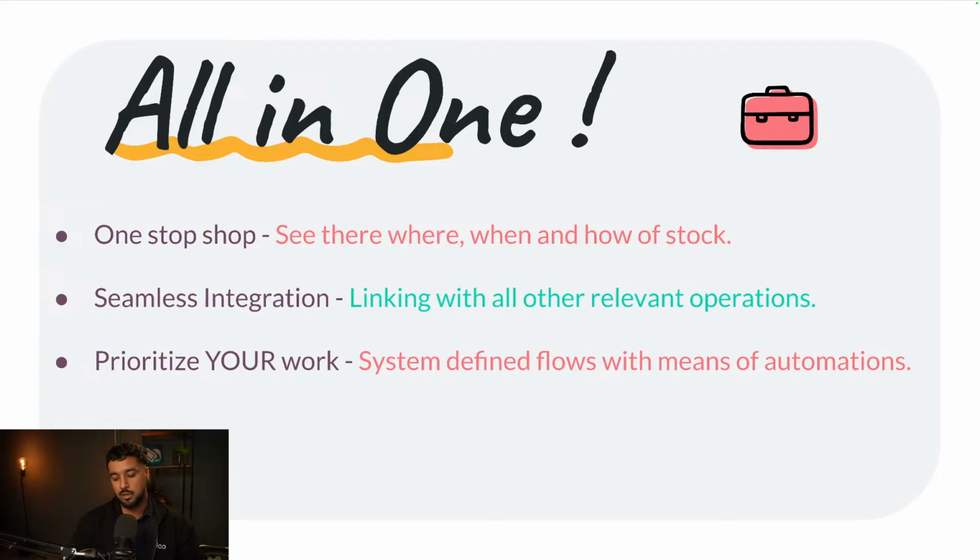What does Odoo do well? We are an all-in-one system, right? A one-stop shop, so you can see from where, to when, to how your stock is moving. This is how we get to the zero discrepancy part, because you are in control of your stock. Seamless integration: how things move simultaneously within operations, within the system itself. Let's say sales with deliveries, purchase with receivables, internal transfers, moving around your stock, all of that being